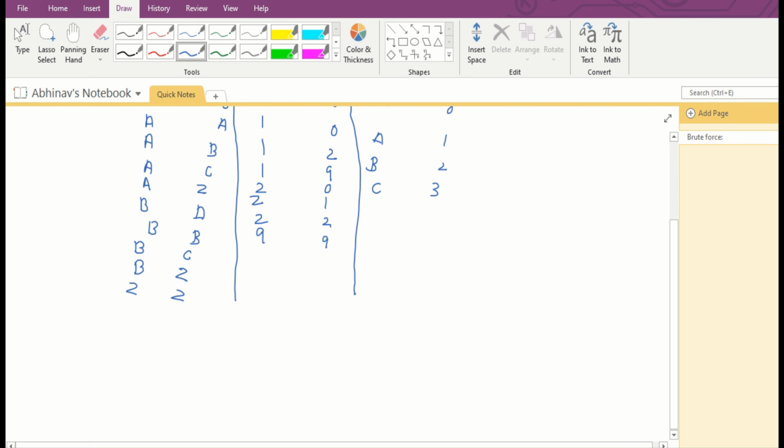Instead of me doing all these trial and error methods, they will be done by the computer. I won't have to type every alphabet, every combination again and again, because it's a human tendency to miss some combinations, but it's not so for the computer. So I will let my computer do all this. For that I'll create an algorithm. Okay, so this is the brute force method.